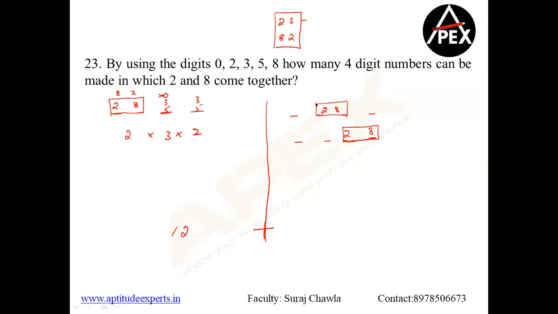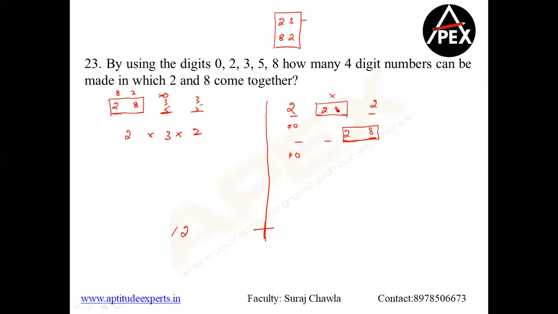Now please understand, in both the cases, the treatment will be same, because here 0 is not allowed. Here also 0 is not allowed. So two digits are gone. The third digit is also not allowed. That means this can be placed by only two digits. And as I told you, if you have a 2, repeat a 2 again.